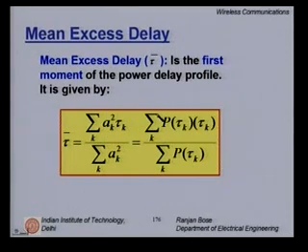Now the moment we measure the power delay profile, which is p of tau, we automatically square the received strength. So a subscript k represents the channel gain for the kth path. So the equation for tau bar, which is the mean excess delay, turns out to be summation over k p tau k, which is nothing but the power delay profile, times tau k divided by summation over k p tau k.